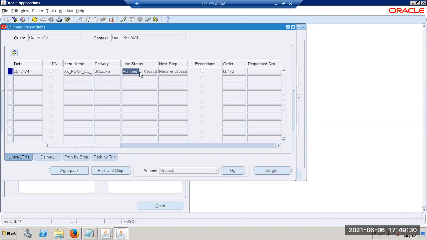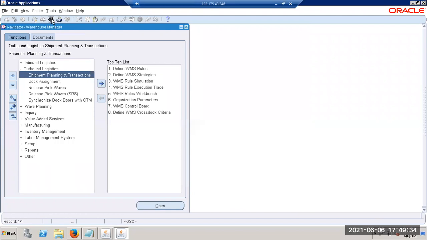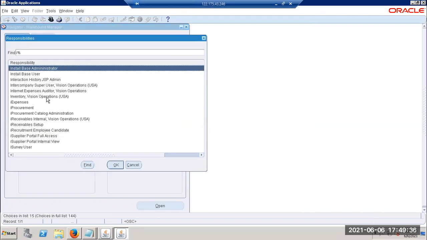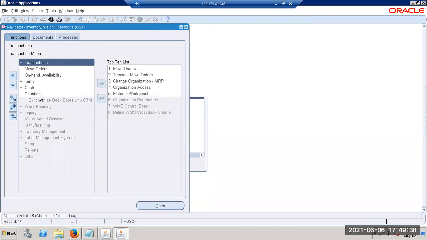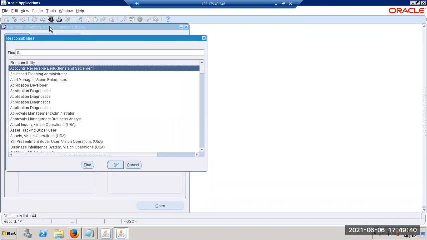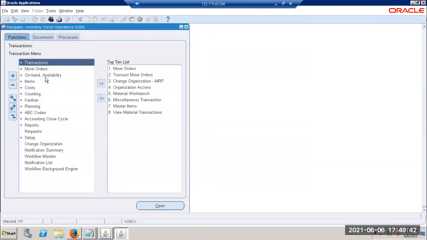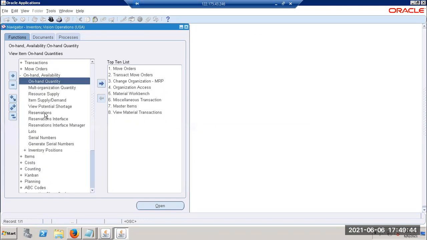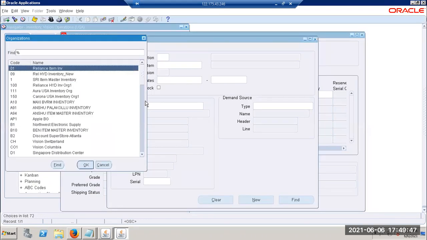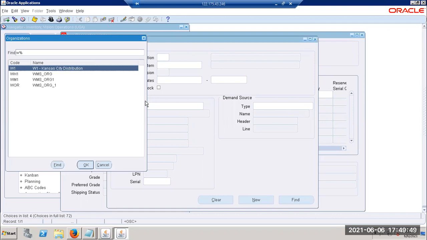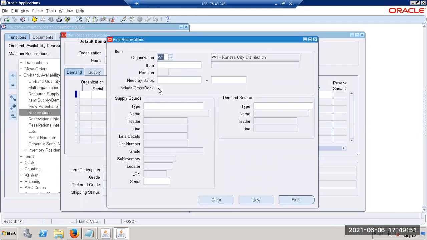Let's go and see the reservations. So now, as of now, the system is saying cross-docking is going to happen. So now here only, go to inquiry here only. Okay, that's fine. The warehouse management only. If you go to inquire, oh, reservations are there also. There also you'll have it. W1. Yeah. Again, you select here the cross-dock only. Dates, just change the dates. Nearby date. Yeah. Just click on find. Let's see. Click on find.